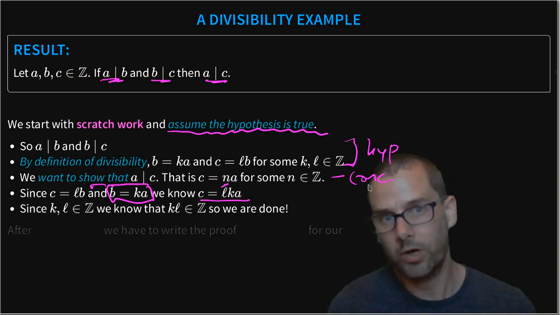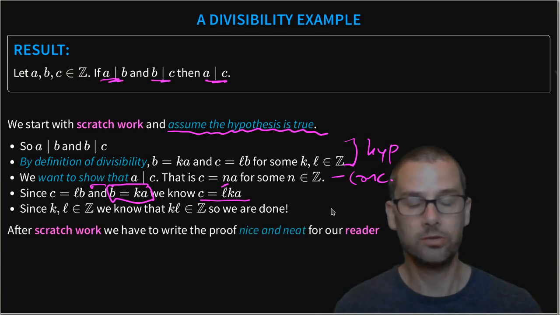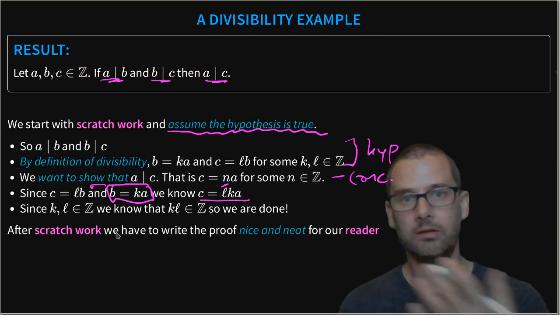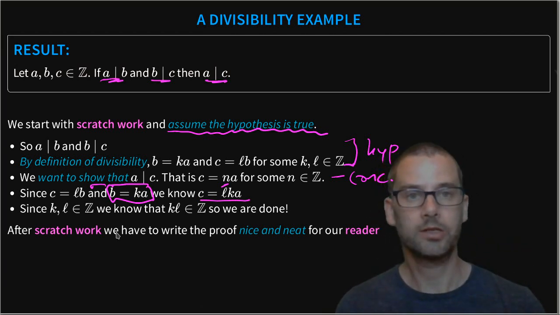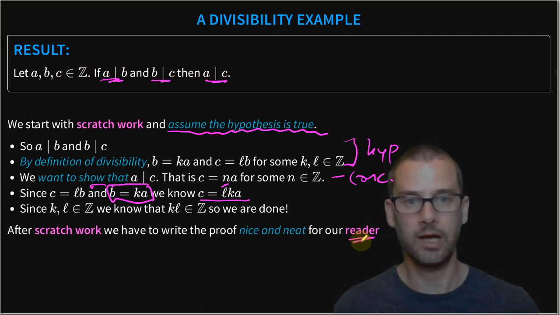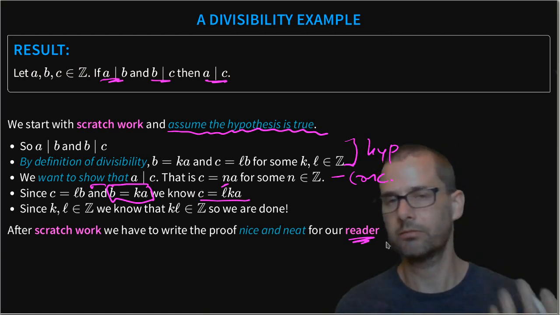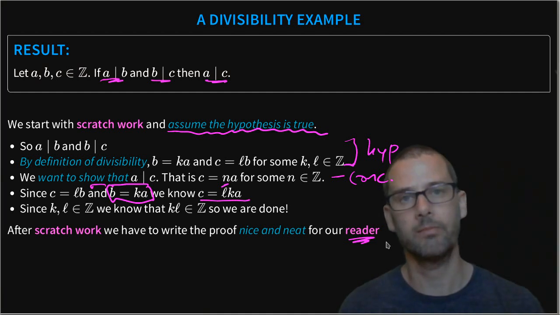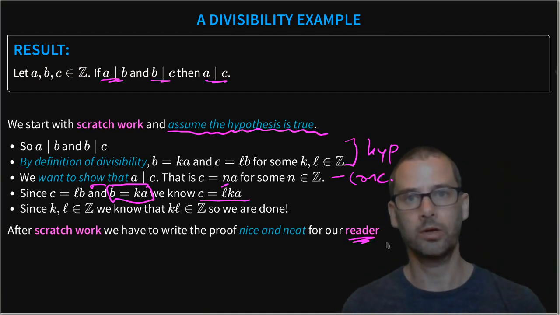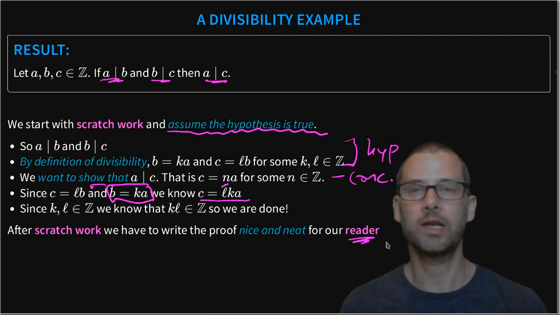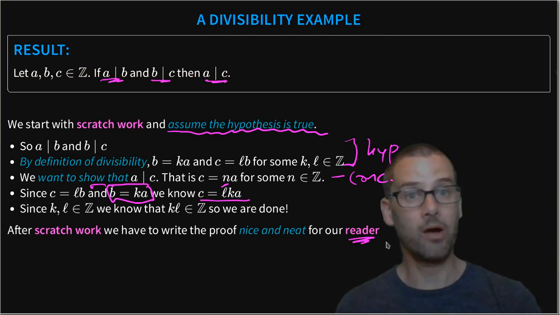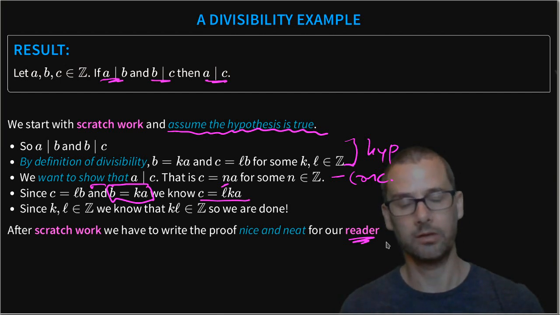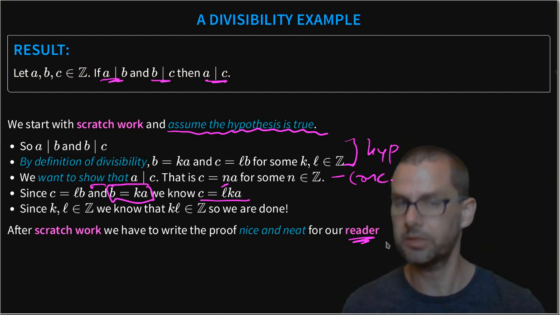Now, of course, we've worked out how to do the proof. What we need to do next is take this scratch work and write it up nice and cleanly and neatly, none of these scribbles and so forth, so that it's easy for the reader to understand what's happening. Now again, remember the reader isn't necessarily an actual person here. This is just a good device for us to think about how we write down the proof. We should imagine that someone is going to read our work, and we should think about what they need to know, what they don't need to know, how I can explain that nicely for someone, and so forth. Okay? So not necessarily a real person, but